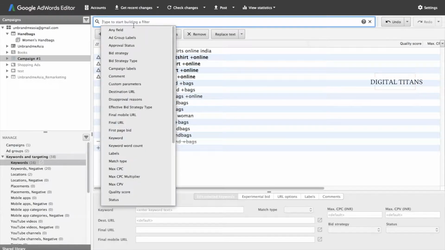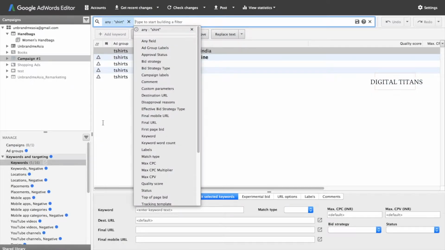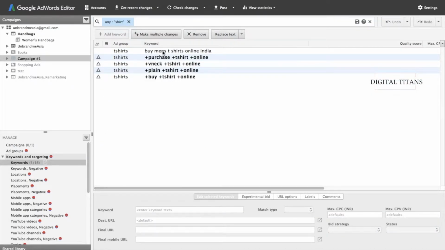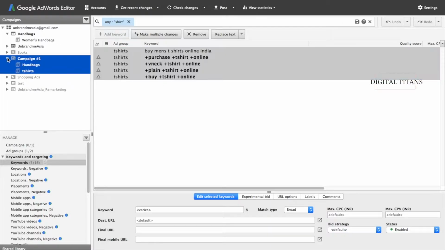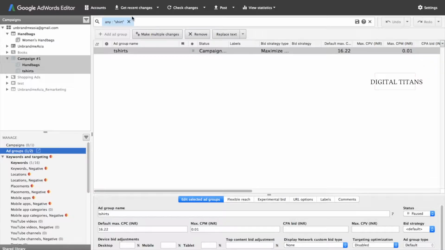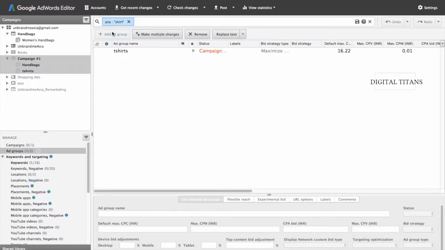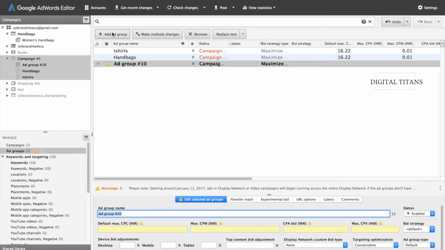Now, I would simply go and search for all the keywords which has the word shirt in them. Now, these are all the keywords which have got the word shirt in them, right? Now, these could go into a particular ad group which is talking about t-shirt. So, I would go to this campaign, I would create another ad group called shirts,